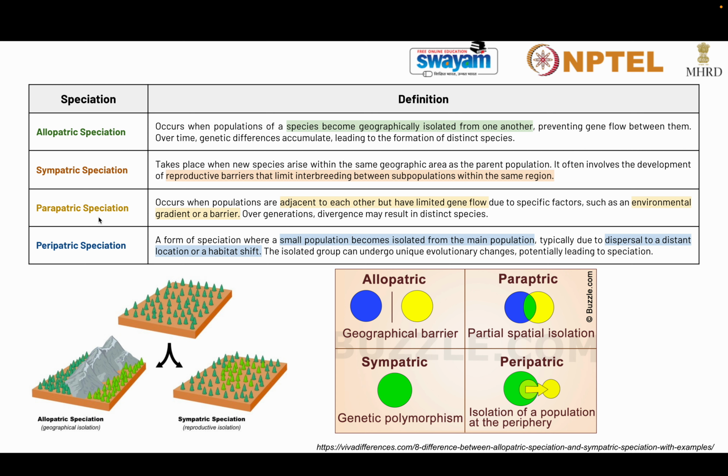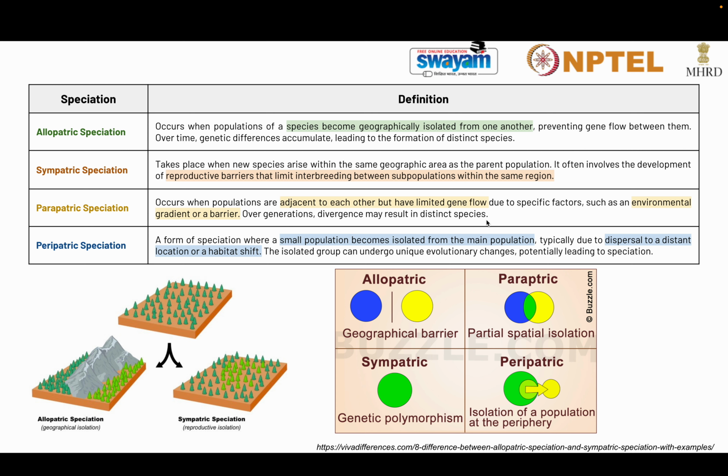Now let's see parapatric speciation. Parapatric speciation occurs when populations are adjacent to each other but have limited gene flow. In this also they are adjacent to one another, but the gene flow is limited due to specific factors such as an environmental gradient or barrier. So there is an environmental gradient or barrier present, due to which, over generations, divergence may result in distinct